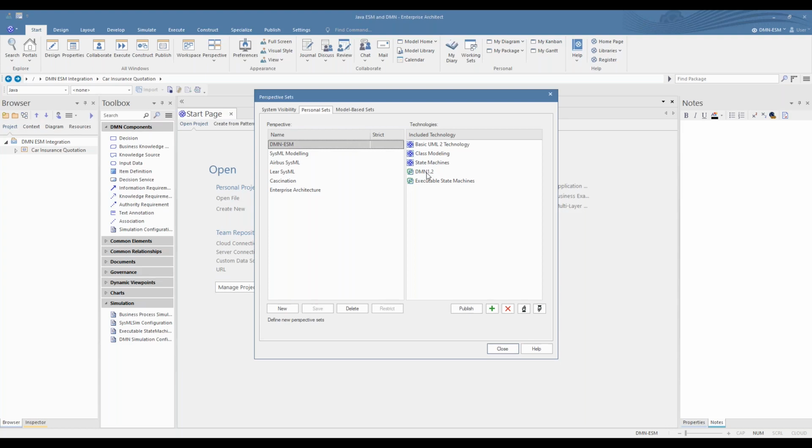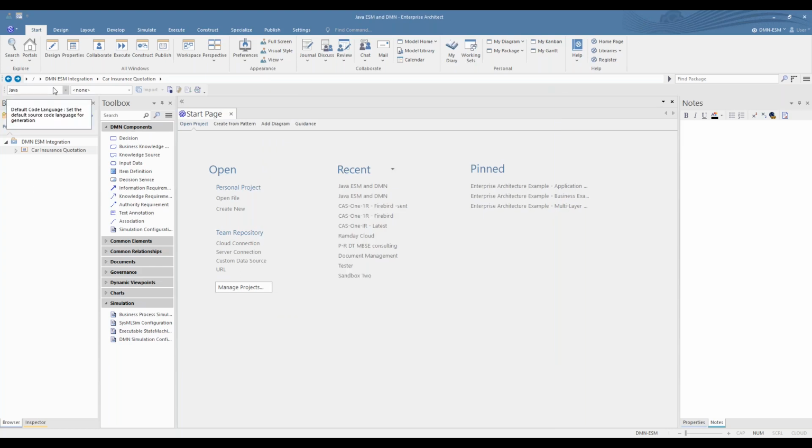We're actually going to combine the decision table with executable state machine. So if you need an executable state machine, you'll need basic UML, class, state machines, and executable state machines. So that's the bare minimum, DMN, the full Monty, all those guys. That's that done.